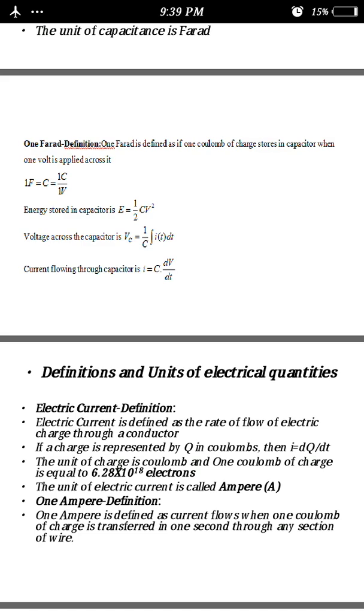So we have to recall all the things as we already studied in higher secondary, even though we have to recall here. So the first term is the electric current, that is, it is defined as the rate of flow of electric charge through a conductor. Its unit is coulomb. Okay, the unit of electric current is called ampere. So the definition for 1 ampere is: current flows when 1 coulomb of charge is transferred in 1 second through